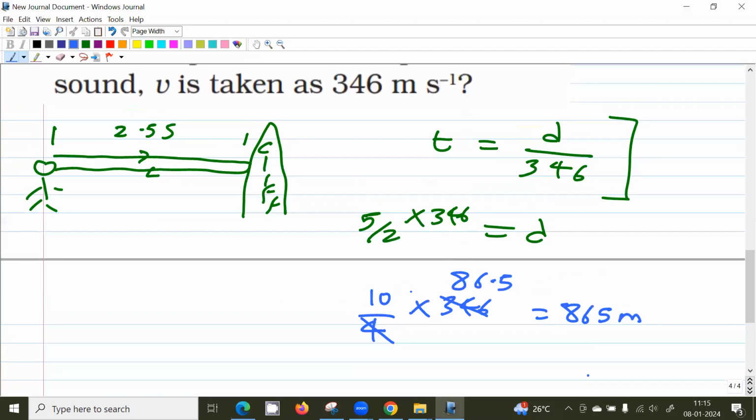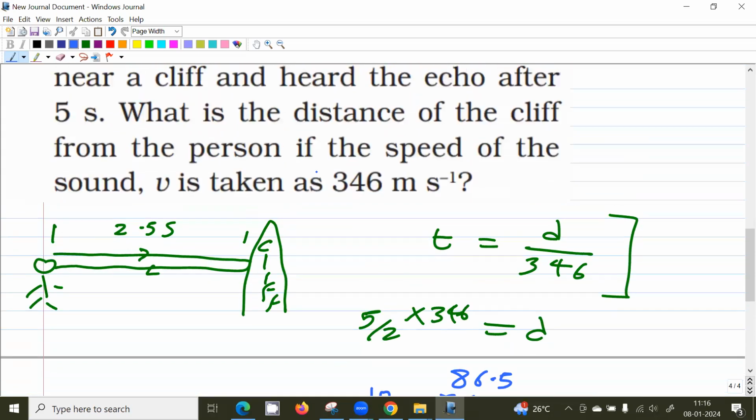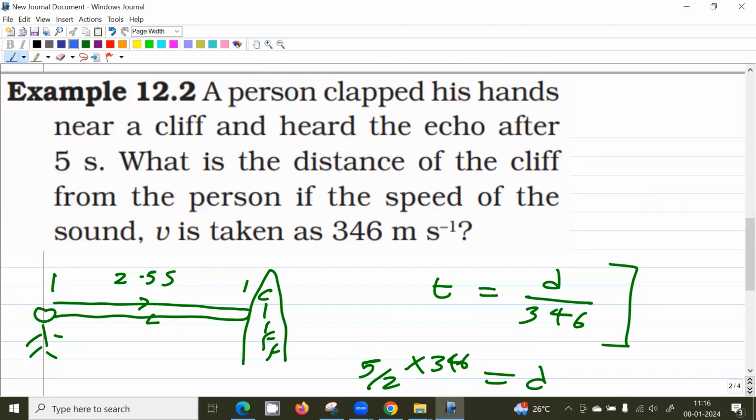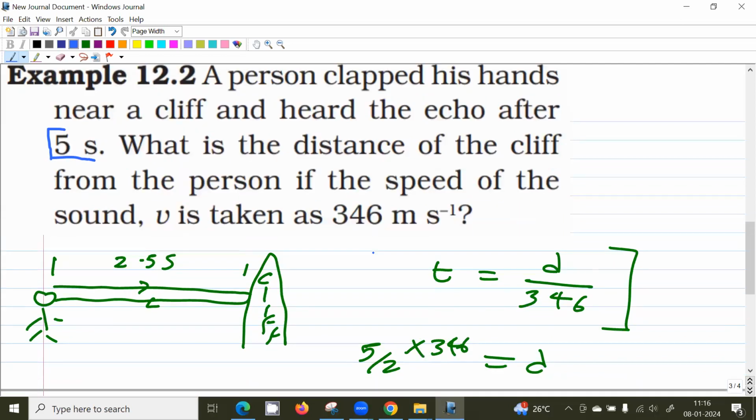The interesting thing is, see, we can measure this distance without using measuring tape or something, right? That'll be a complicated process. And 5 seconds is a good amount of time to sense. It's not too short a time to sense. So I'm clapping, I'm hearing the echo at 5 seconds. So using that, I'm able to get the distance of the cliff from the object. So this is a useful way of measuring the distance.